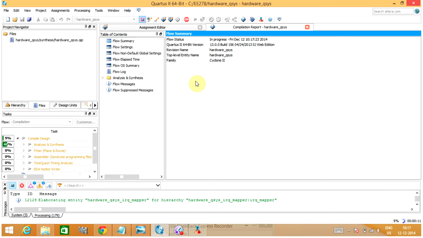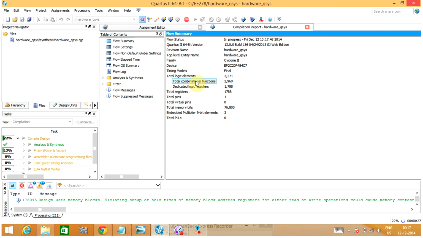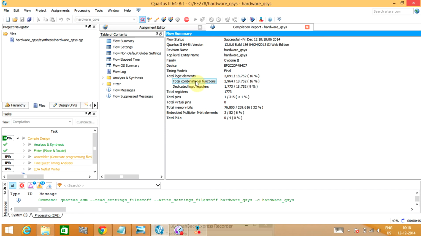For that, we need to go into Programmer. If somebody has not installed USB Blaster, we need to download the driver and then install it and make changes in the control panel to have it. I've already done that, so it should work. We need to wait till the entire compilation is done. It will take a while for the entire compilation to be done.